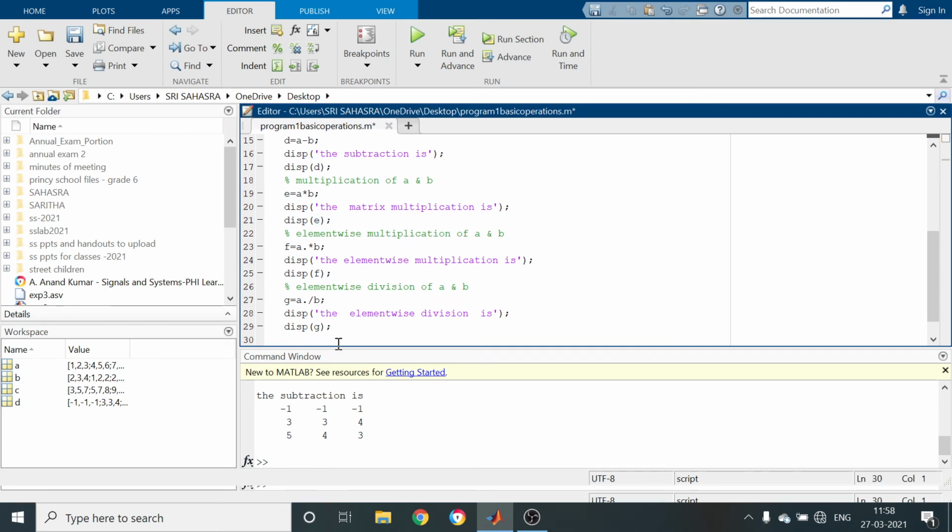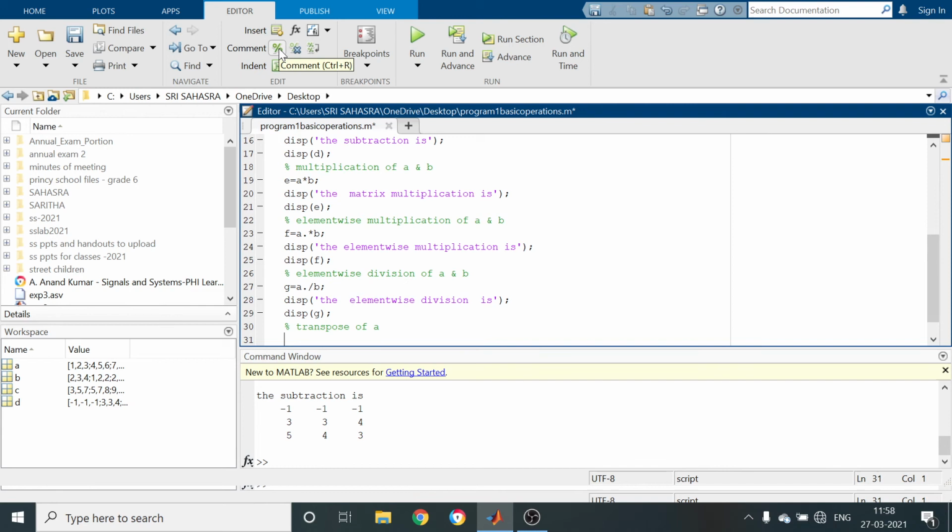Next what do I have to do? Transpose of A, transpose of B. Next transpose of A. So in order to get transpose, what you have to do? H equal to A transpose. You can use this symbol.